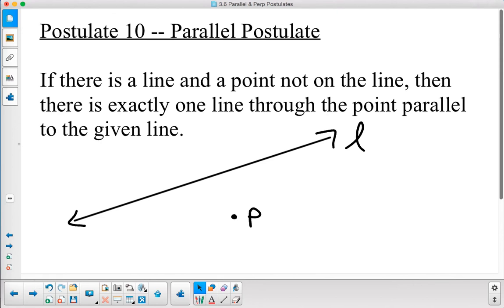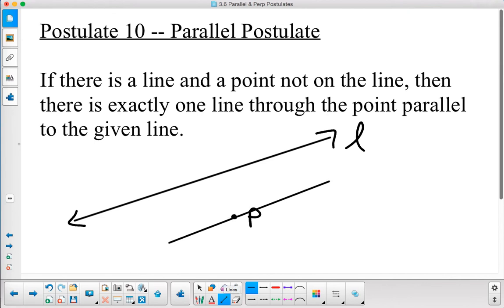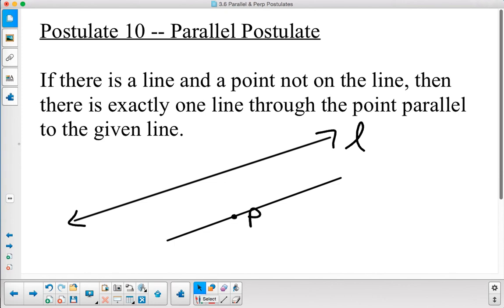So let's see if I can draw a line that is parallel to the one that's up there and goes through point P. All right, fairly close. Now it says that there's exactly one line, so that means I can't make another one